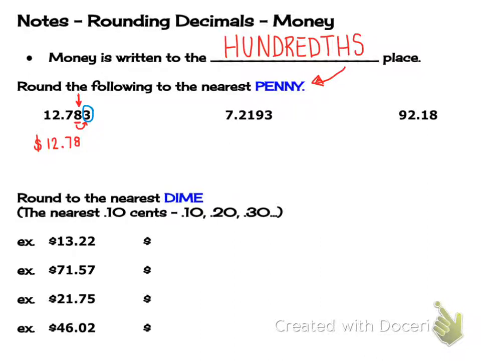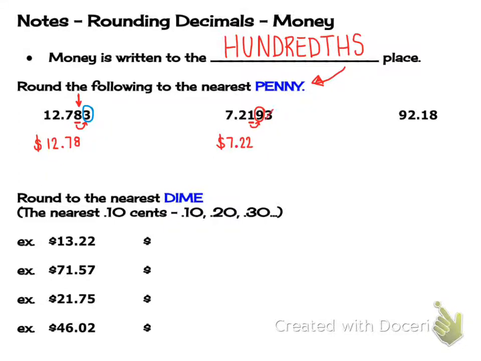If I have 7 and 2,193 ten-thousandths, I still have to underline the number in the hundredths place. Next to it is a 9. So that 9 tells us to round up, because as we've learned in the past, 5 and above means we will round up. So I have 7.22, which is